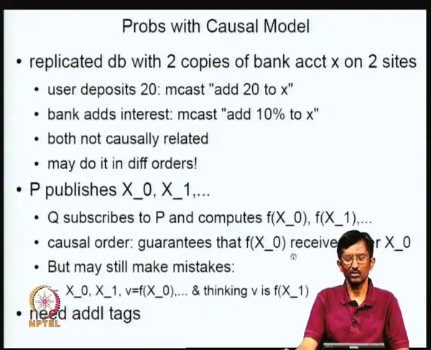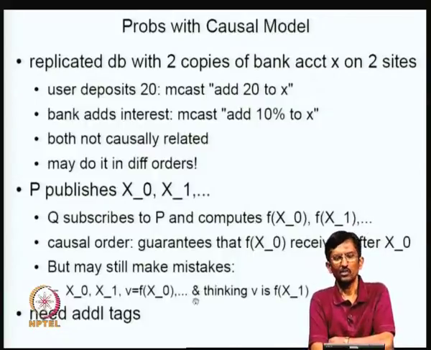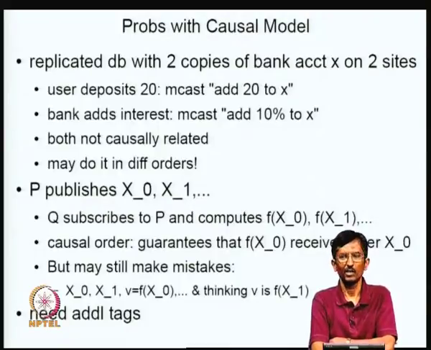But our problem is that you may not be able to figure out which one is which. See this, you may think that I want to operate on f of x0, but it may be that I can actually take x1 and compute and think that it is connected with the first one, whereas actually it is connected with the second one. So, there is a correspondence between the values that have been published which are coming on a stream and what I do with it, and they might not be causally connected.